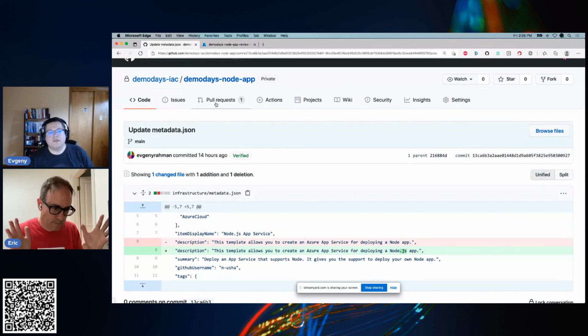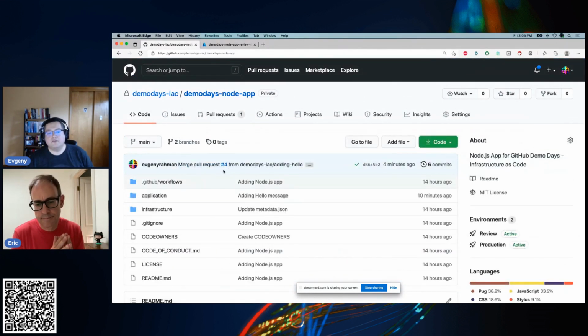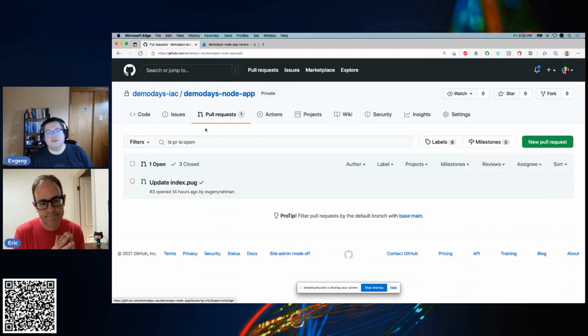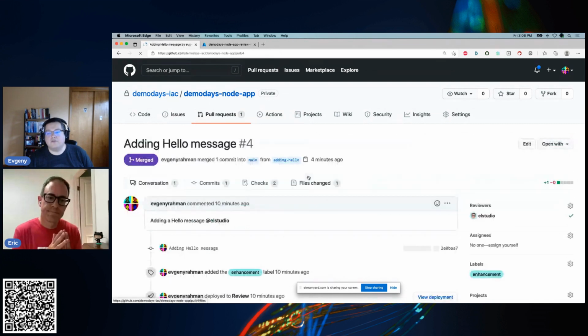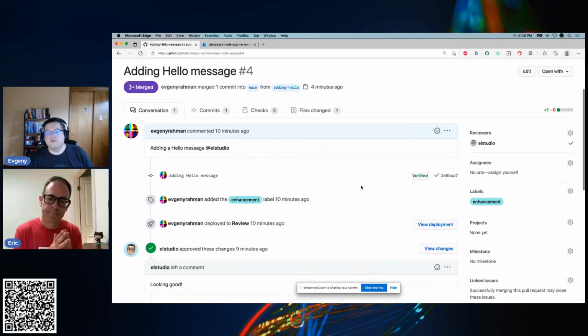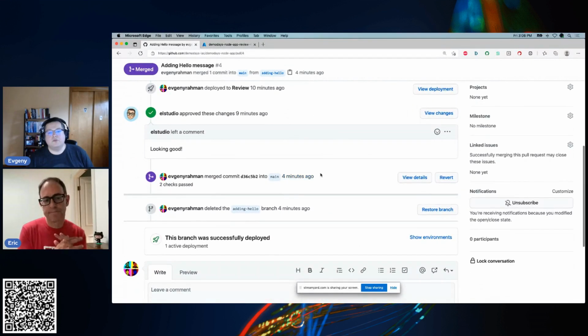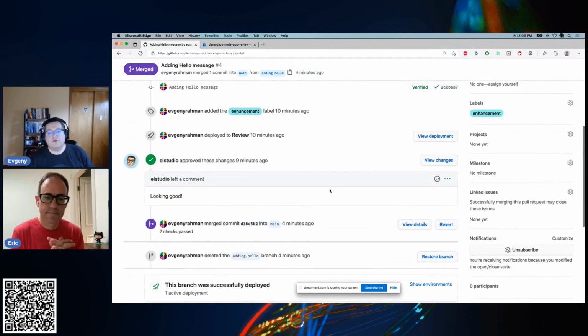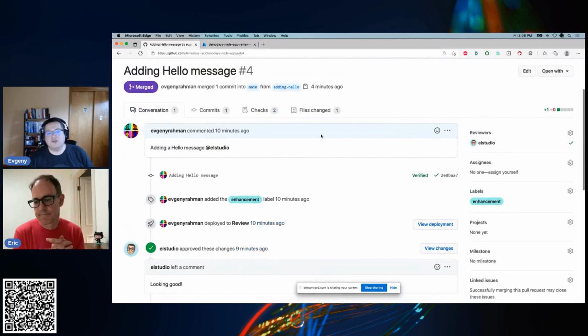And the other part to it is if you protect your main branch, right? Like if you don't allow commits directly to it, then the other thing you can get is this pull request history, where you can see what happened through pull requests, when it happened, who approved it, what were the review comments, right? And that's how you also build up the trust. That's how you also solve your problems in one place using code, using automation. You suddenly plug into the powerful GitHub flow where you can collaborate, you can assign reviewers, you can have conversations on top of the code changes.